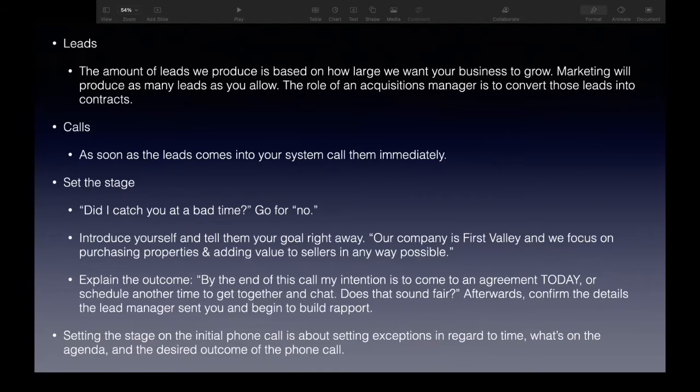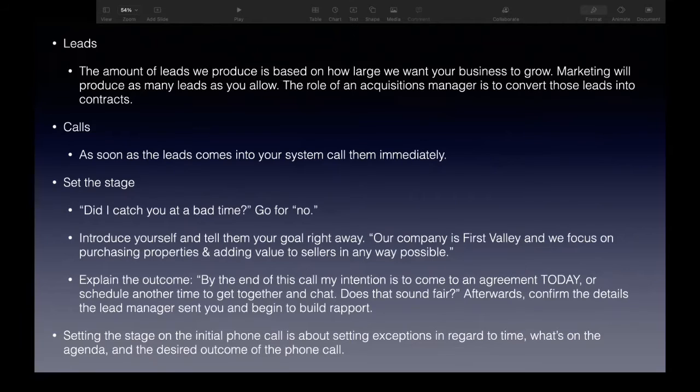So what you're going to do is go for the no, introduce yourself, and then eventually explain the outcome. By the end of this call, my intention is to come to an agreement today. Today is a really important word that you're going to say over and over, because once a lead is warm